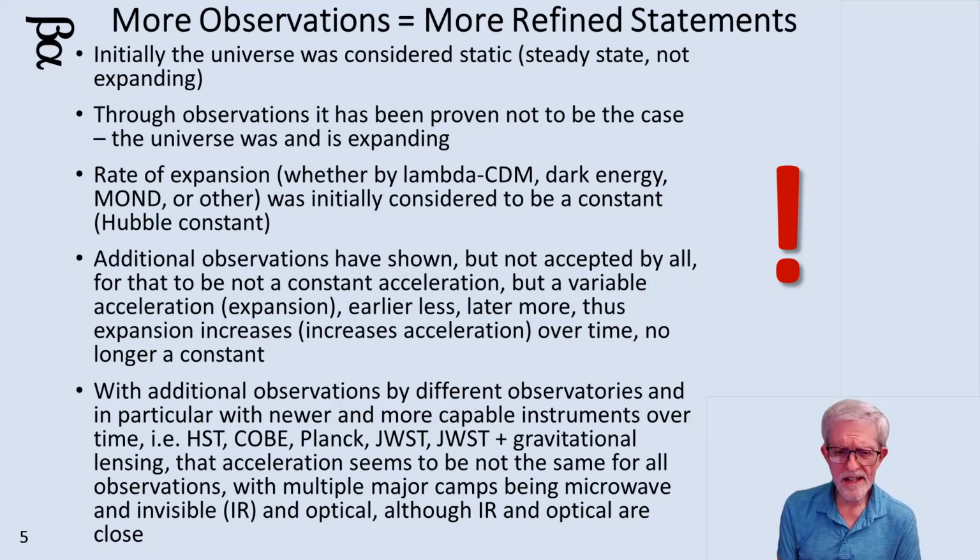With additional observations, the results are not accepted by all, but let's say by most, they realized that the constant acceleration should no longer be considered a constant acceleration, but a variable. So it changes. It's an acceleration that changes over time. In